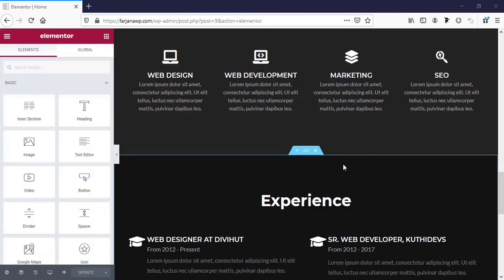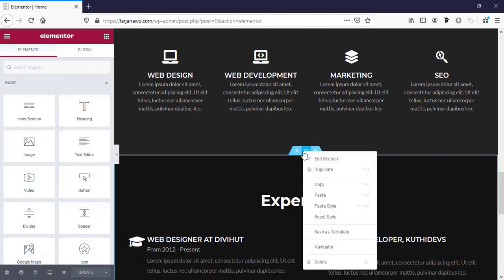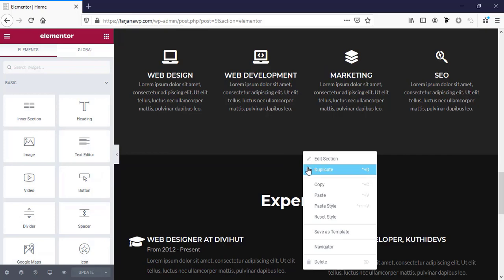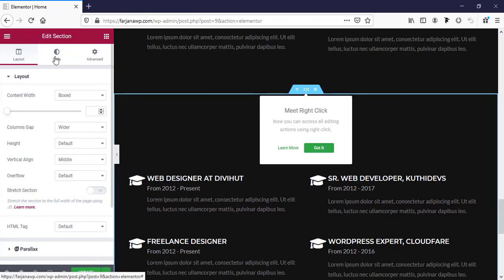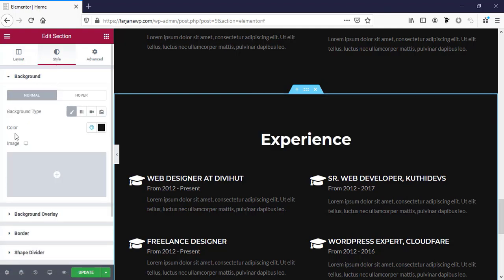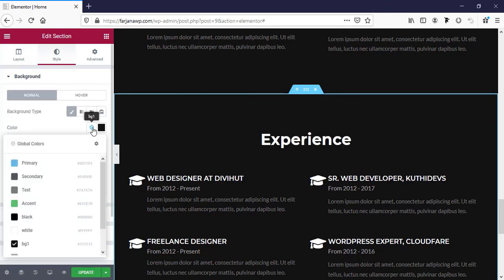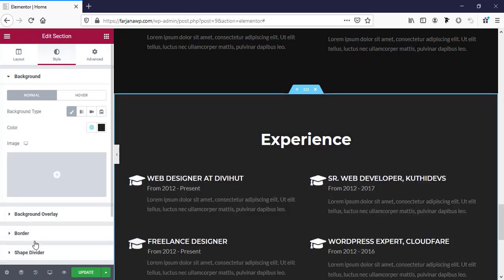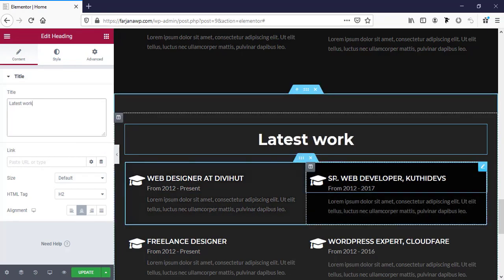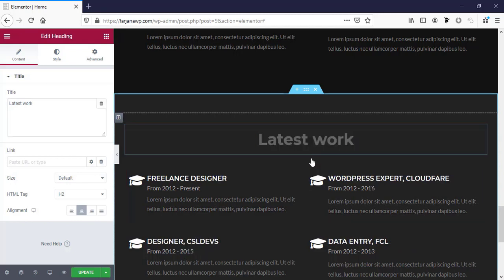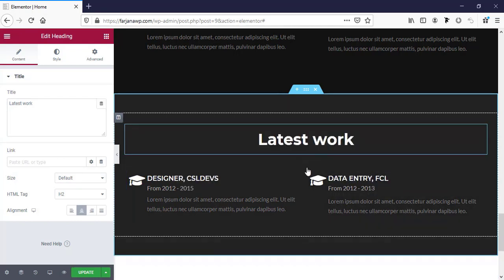Next I'm going to create a portfolio section. So again I am going to duplicate this section and going to edit section and style tab and the color. So here is the background color to BG2 and changing the title to latest work. And now just going to delete all these items,